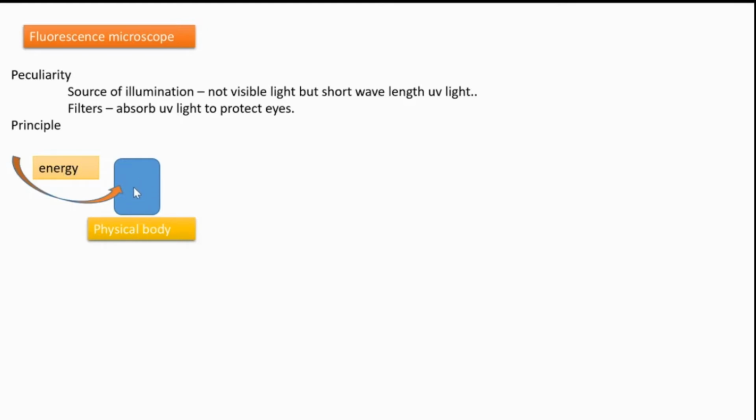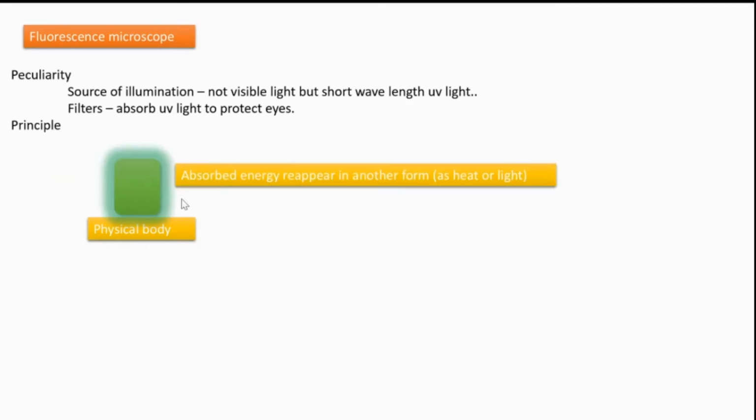After absorbing energy, it does not waste that energy. It emits it in some other form. The absorbed energy reappears in the form of heat or light.